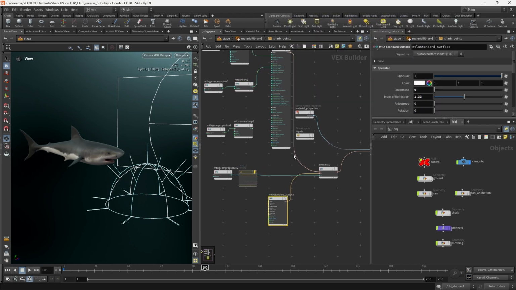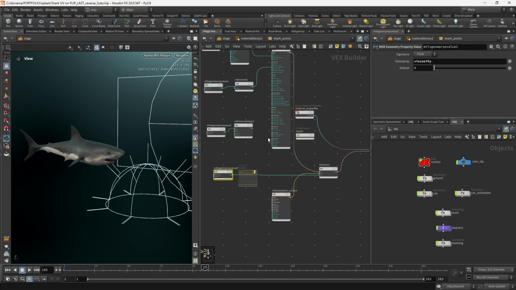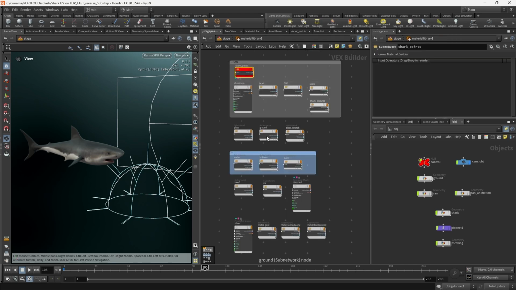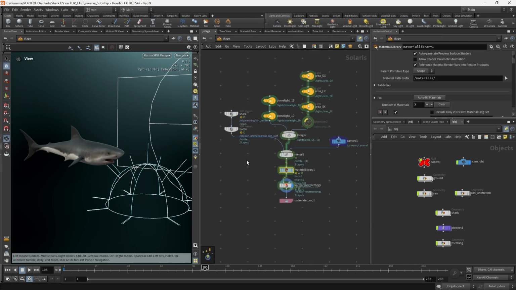One is the shark, one is just plain water. And I used viscosity as a bias factor. So basically when viscosity reached zero, one material, that is the shark, turned into water, and that's basically the trick to make the transition. So as you can see here,